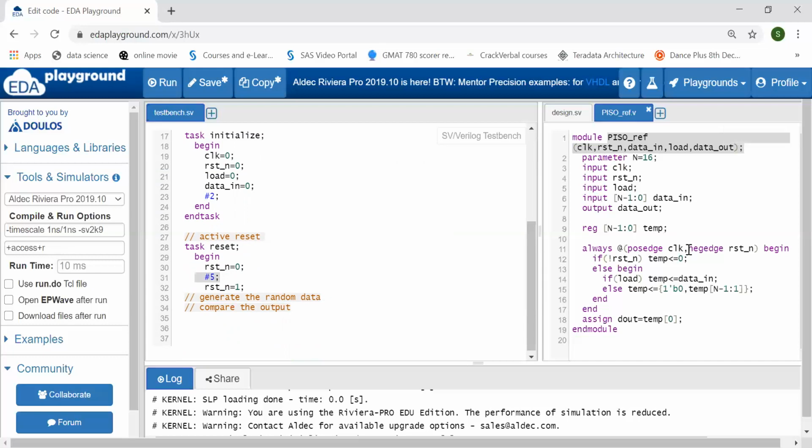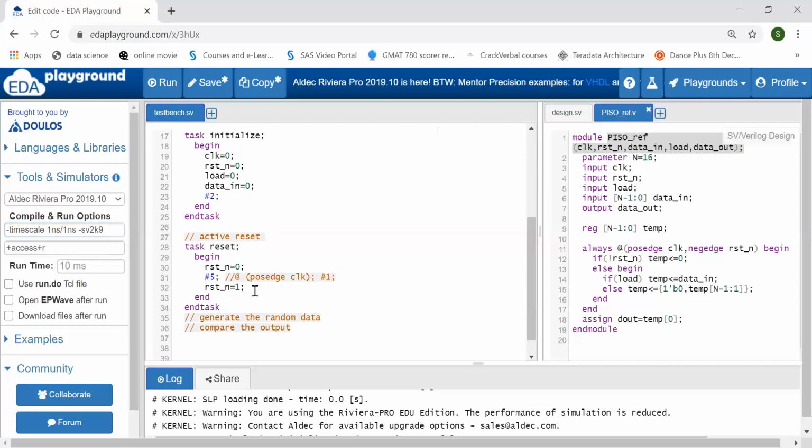But if your reset is synchronous, meaning it depends on the edge of the clock, let us say the positive edge of the clock, then instead of giving this #5 delay, you can write @(posedge clock), then #1 or some delay. By writing this, you are making sure that your reset signal will encounter at least one positive edge of the clock. It will wait for the positive edge of the clock, then wait for #1, like 1 nanosecond, as my time scale is 1 nanosecond by 1 nanosecond, and then my reset signal will be inactive.